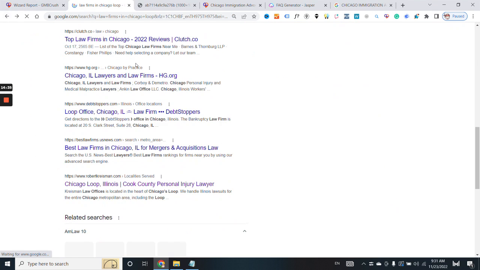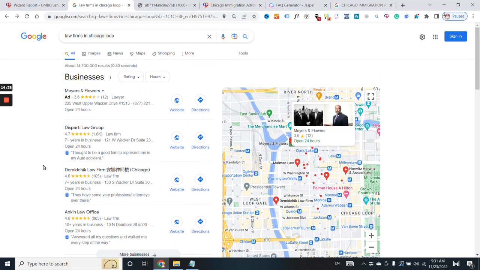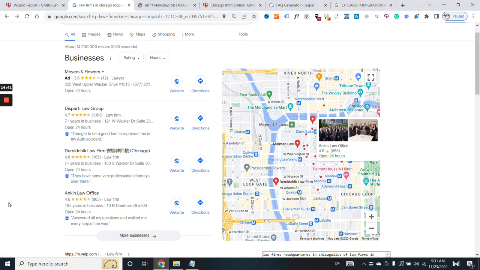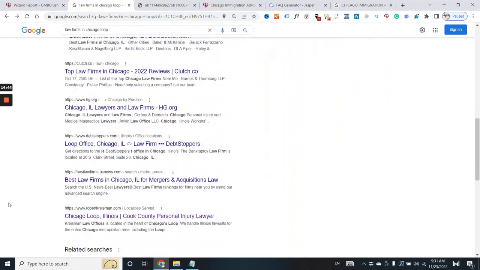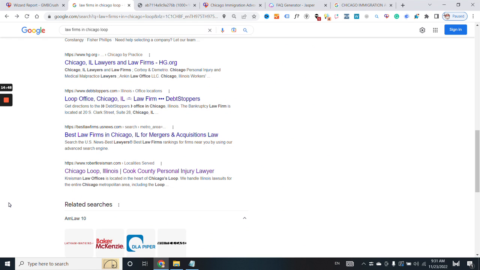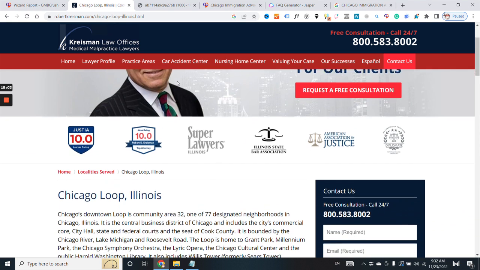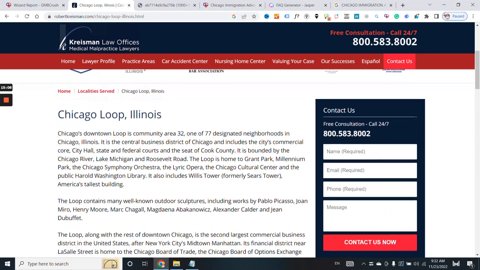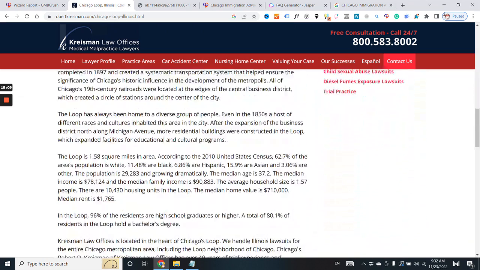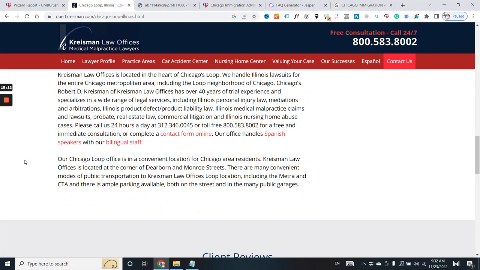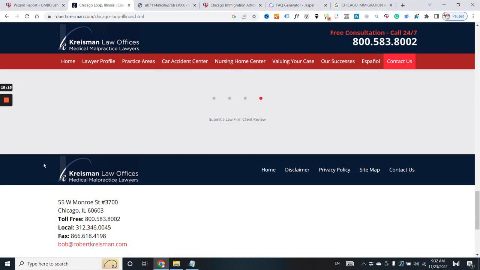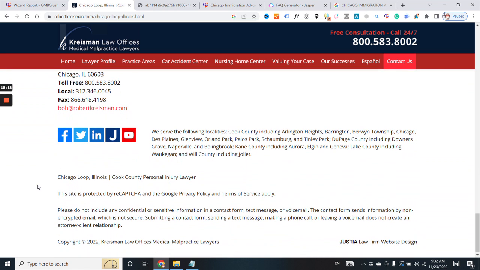So this is exactly what I did here. Perform a search, see what types of results and companies are ranking over the local 3-pack, and see if there are sites here that are ranking by a location page. So this website built a location page targeting Chicago Loop, Illinois, and as you can see, it's ranking. So basically, you should start reverse engineering what they have done and build a stronger location page, you see,